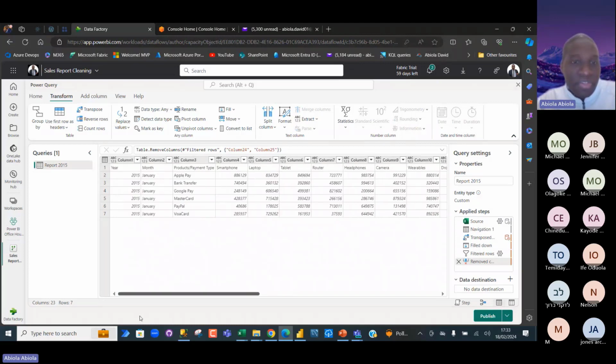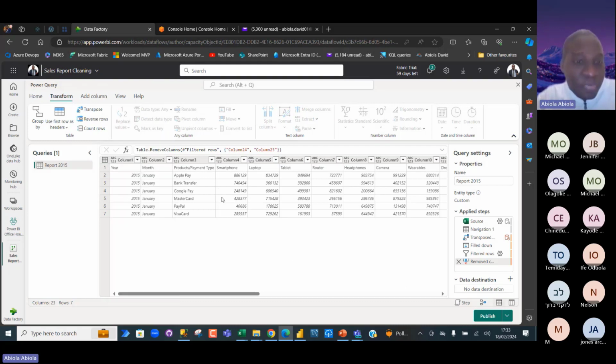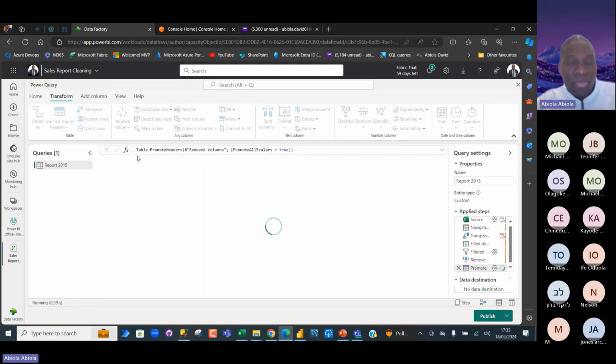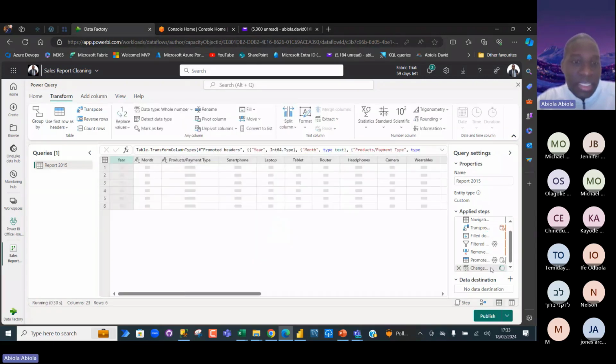So I'm going to scroll back to the left. Now, next, I want to actually promote. You can see in row number 1, I've got the year, the month, product, and so on and so forth. I'm going to go ahead and use the first row as the headers. Now, if I fail to use the first row as the header, this is not going to actually give me the cleaning that I intend. So go ahead and choose use first row as headers. Okay, again, the step is recorded, nice and easy.